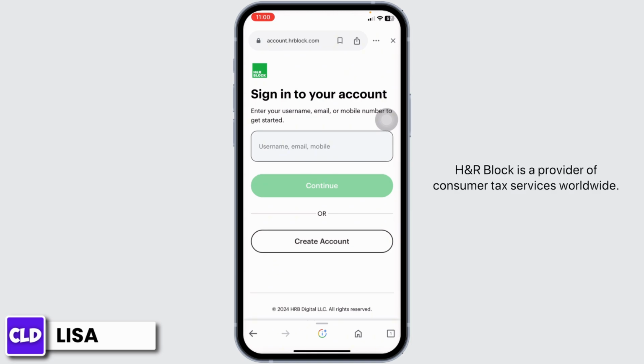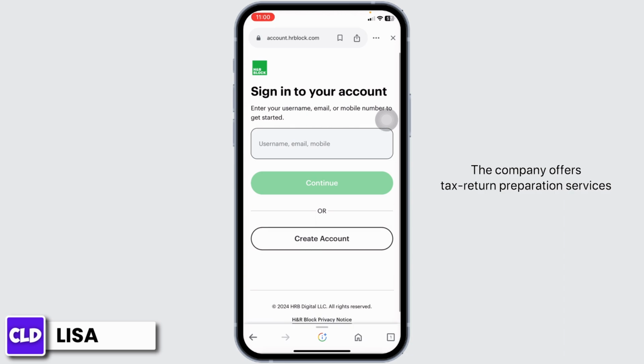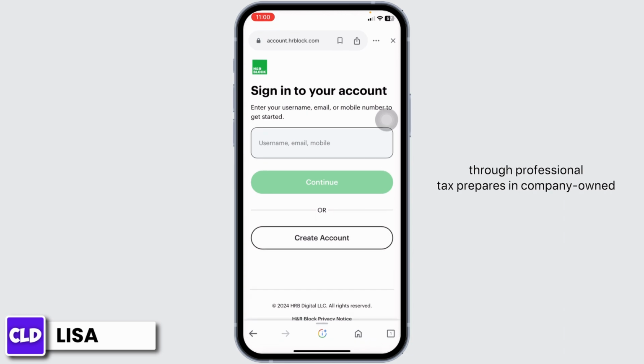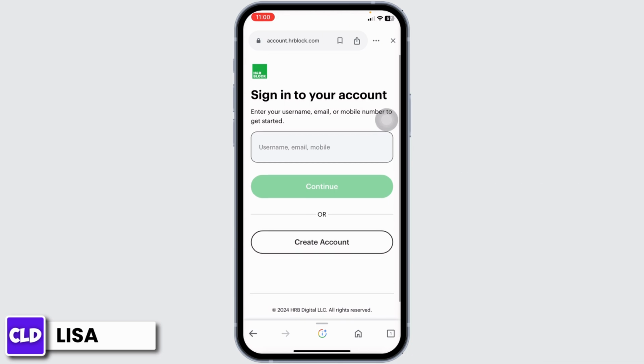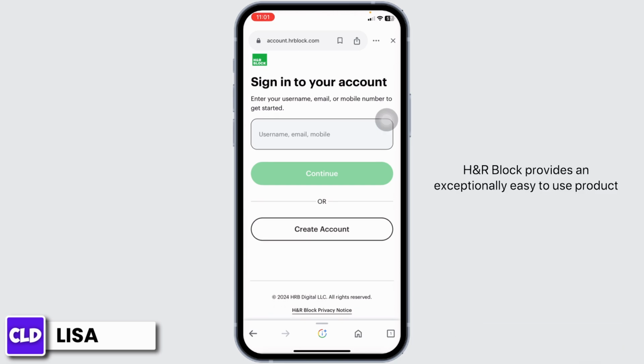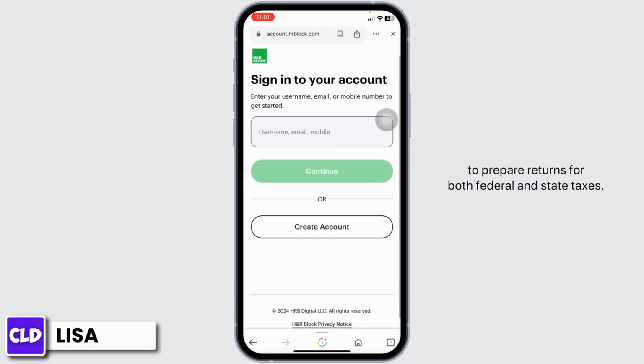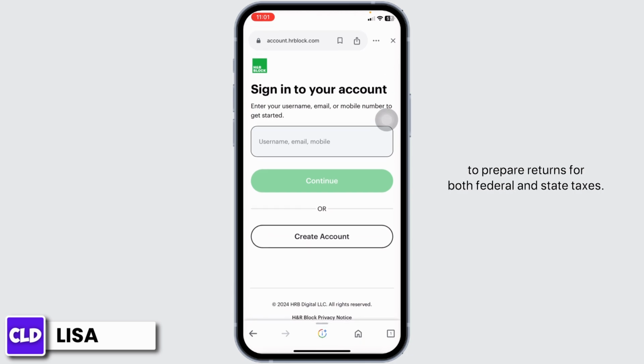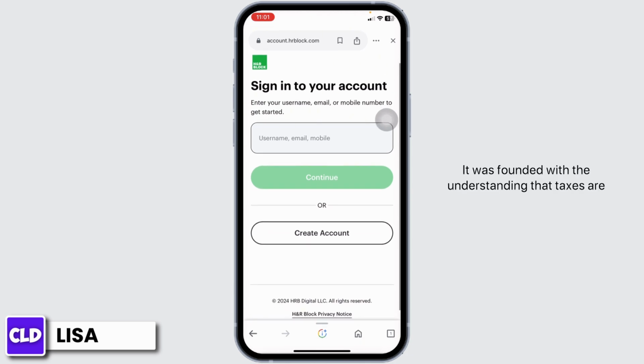H&R Block is a provider of consumer tax services worldwide. The company offers tax return preparation services through professional tax preparers in company-owned and franchise retail tax offices and provides H&R Block tax software products for the do-it-yourself consumer. H&R Block provides an exceptionally easy-to-use product to prepare returns for both federal and state taxes. It was founded with the understanding that taxes are more than just numbers on a page, they have a real